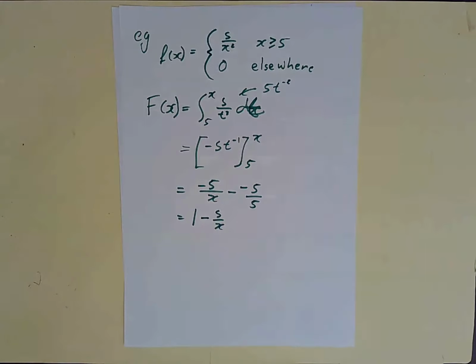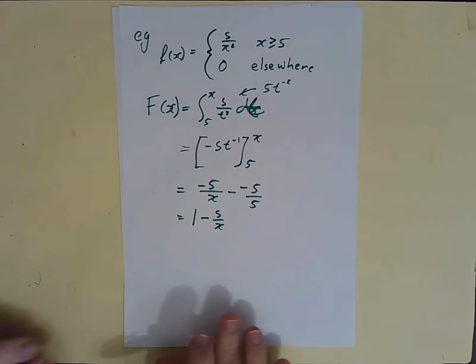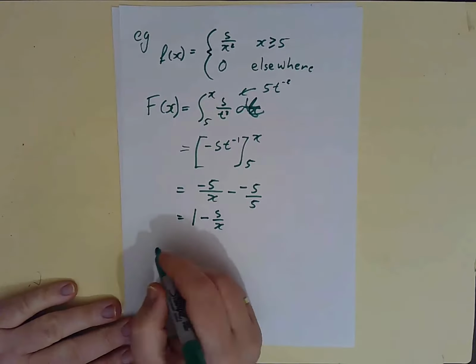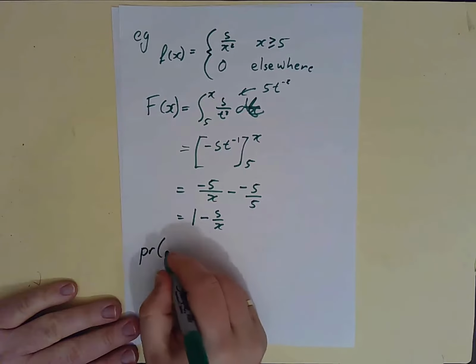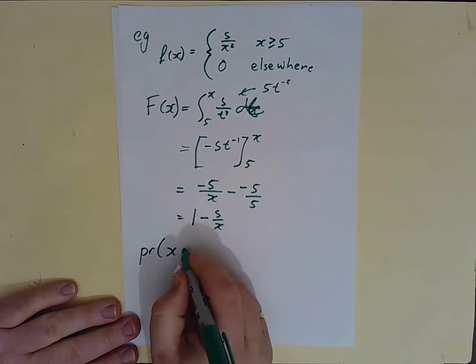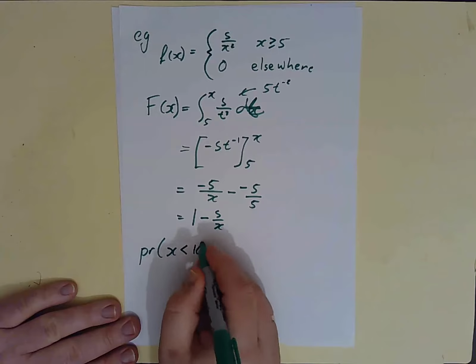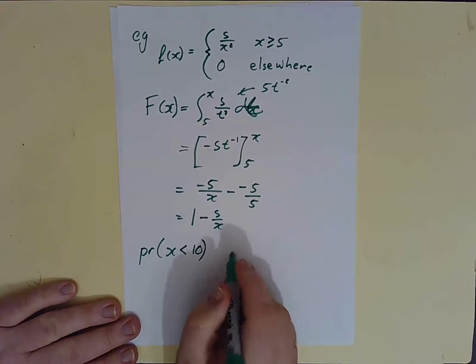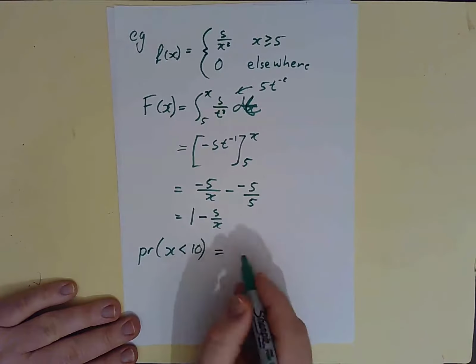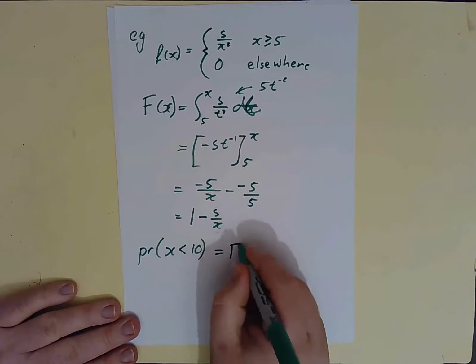Now, why would we do this? Well, to some extent, we've been doing it already. It means that if you want to know the probability that x is, I don't know, less than 10, then I can literally just put this in. I can just do f of